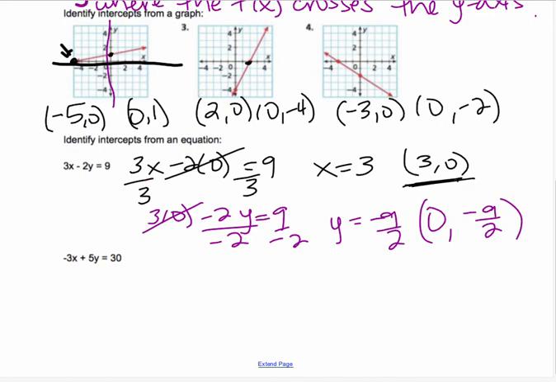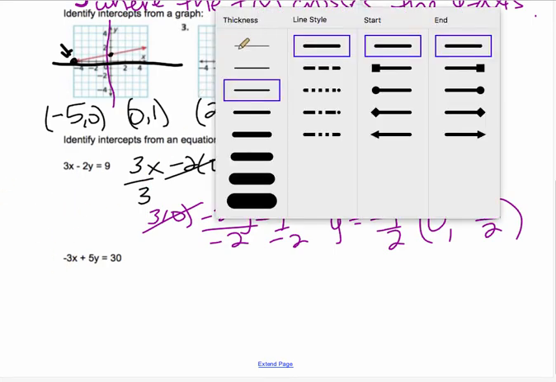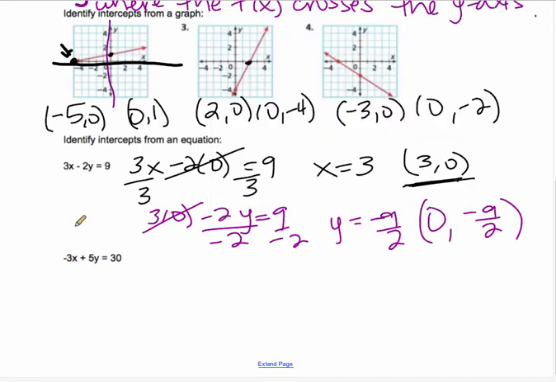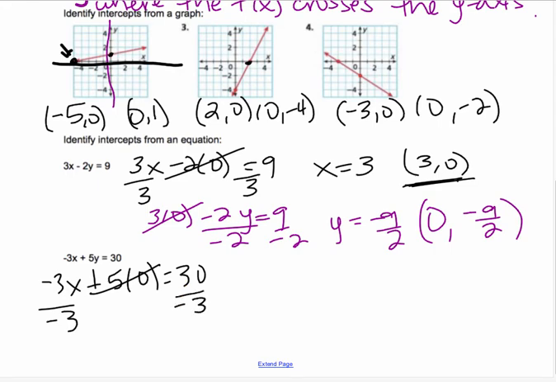All right, let's do this one here. The x-intercept: -3x plus 5 times 0 equals 30. Cover this up, right? That's gone. Divide by -3. X equals -10, so I write that as -10, comma 0. And then